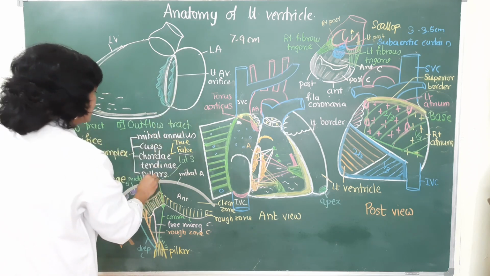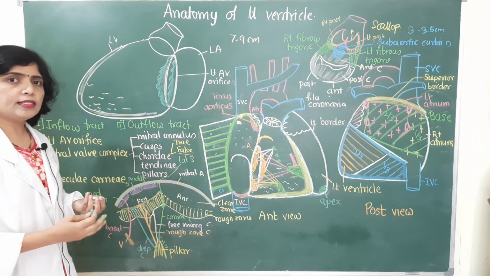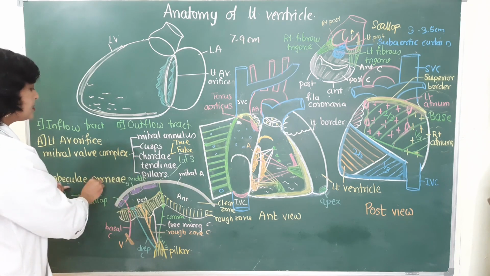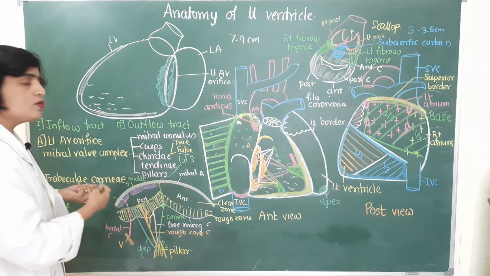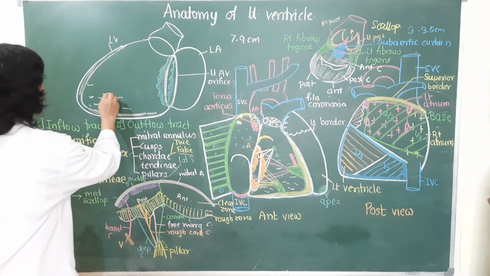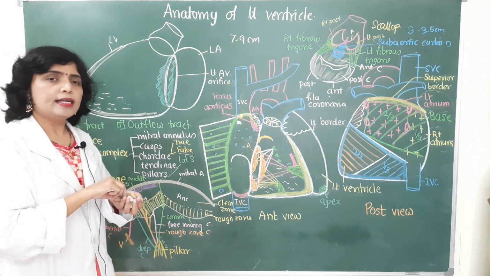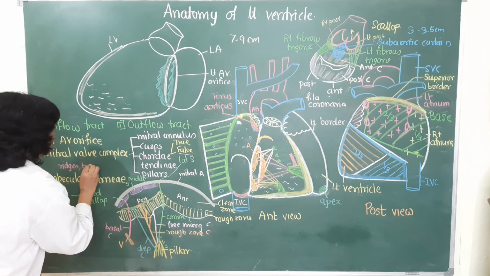Now coming to the last part of the mitral wall complex, that is pillars. Pillars, also called papillary muscles, are part of the trabeculae carneae, so we will discuss them along with trabeculae carneae. Trabeculae carneae are the muscular ridges which make the inflow part rough. There are 3 types of trabeculae carneae: ridges, bridges and pillars.